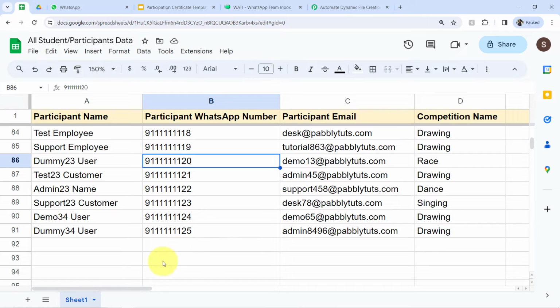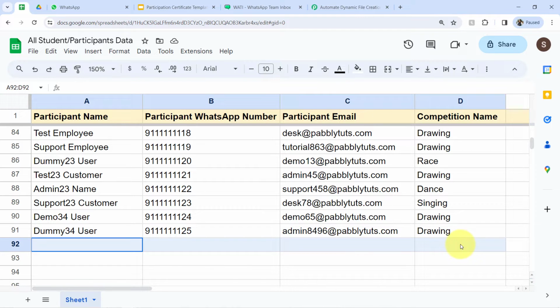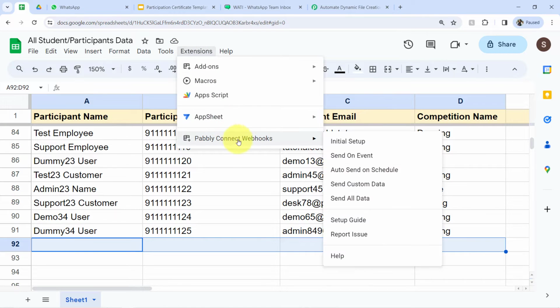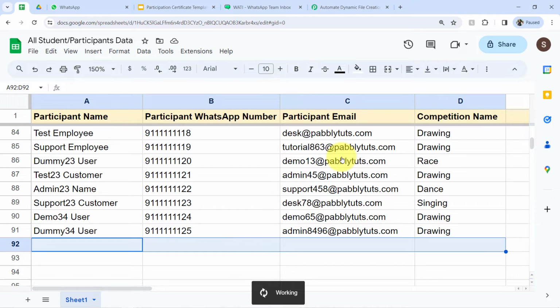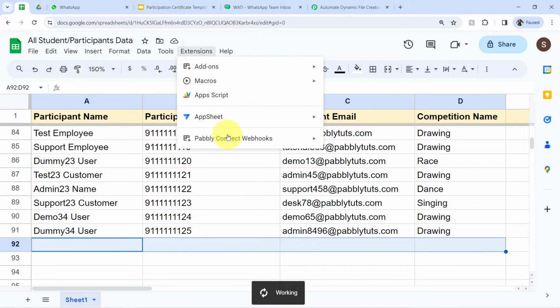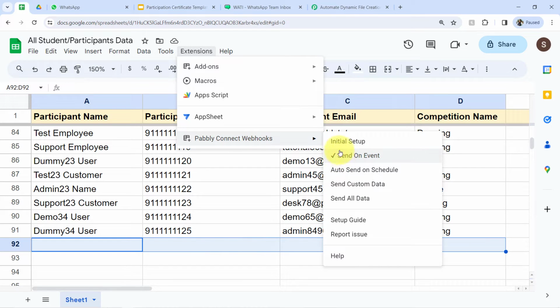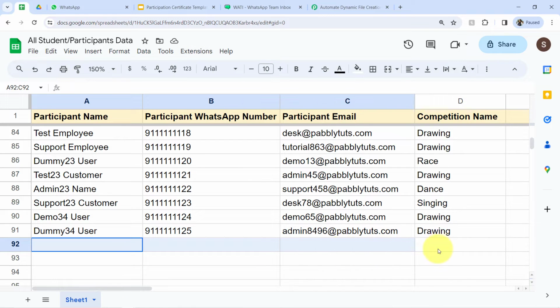Okay, if you want this automation to work in real time, let's say you are adding the data of a new participant, and on adding that new data you want this automation to trigger, or we can say you want this data to be sent to Pabbly Connect in real time automatically. For that you will have to enable that important setting, that is Send on Event. If you click that option, a tick mark will be enabled. That means this option is enabled, and